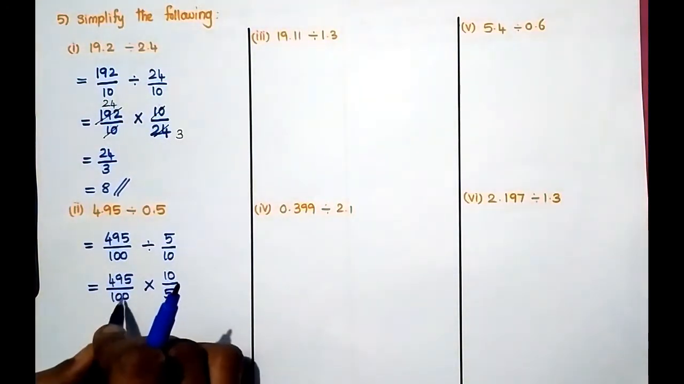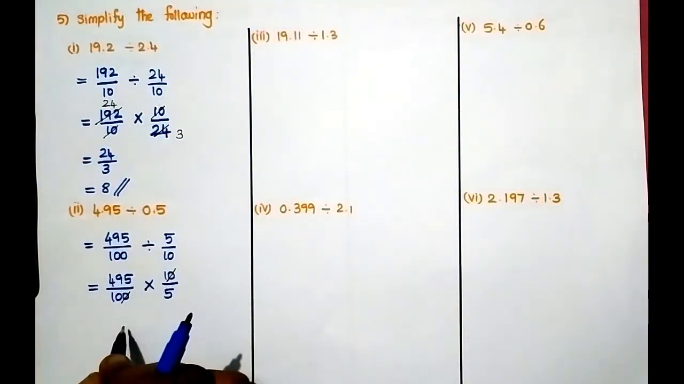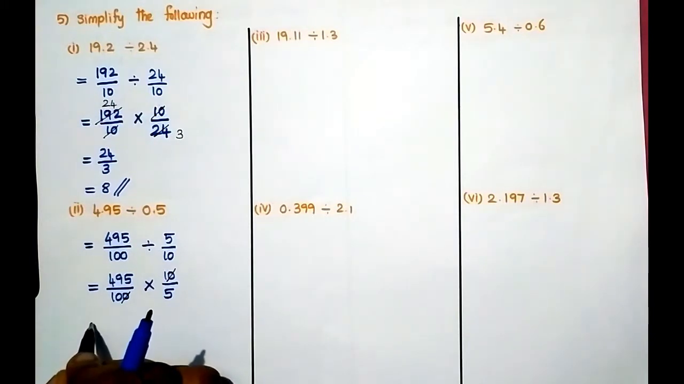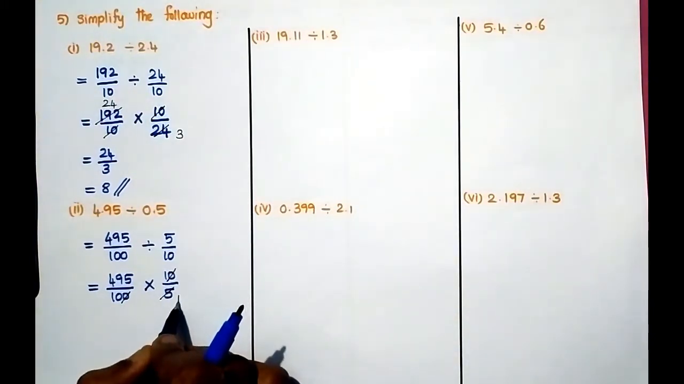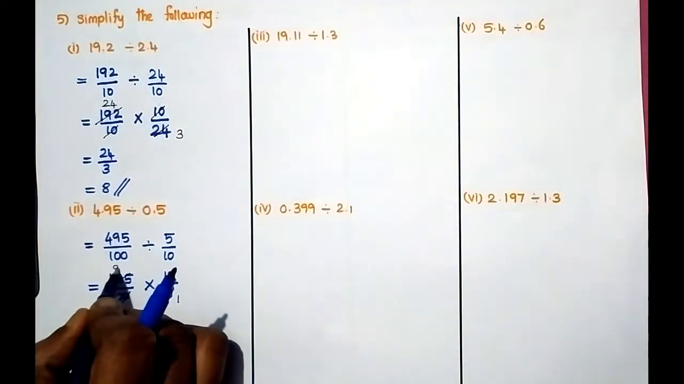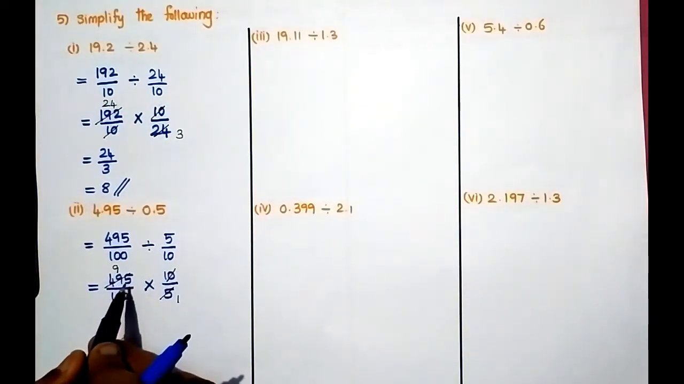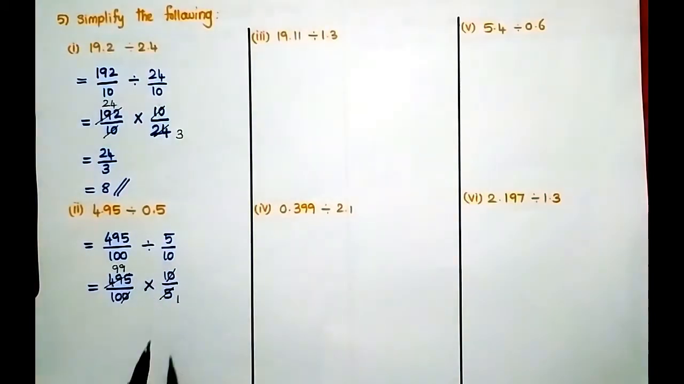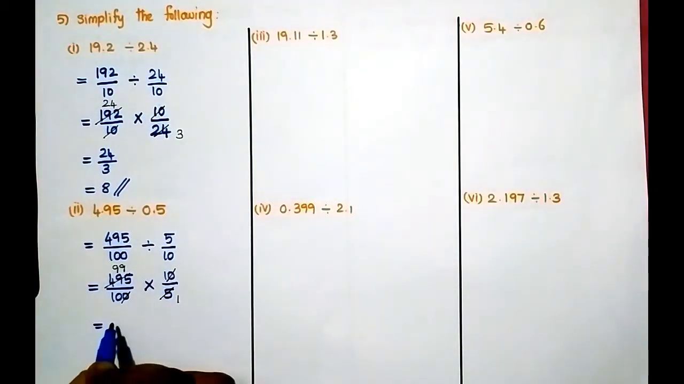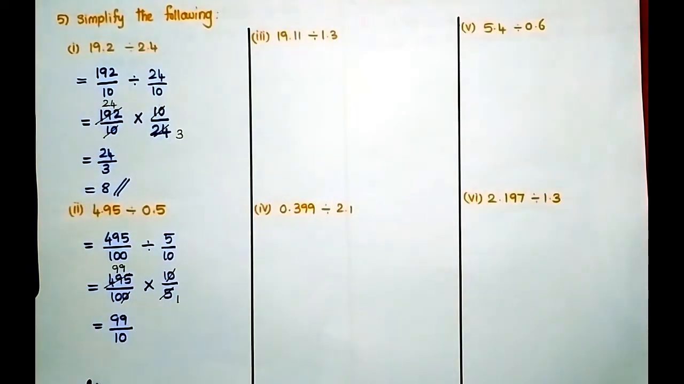Now cancel the 10, 10, and then 5 1s are 5, 5 9s are 45, balance 4, it becomes 45, again 9 times. So 99 divided by here 10. So what is the answer? 9.9 is the answer. Next one,